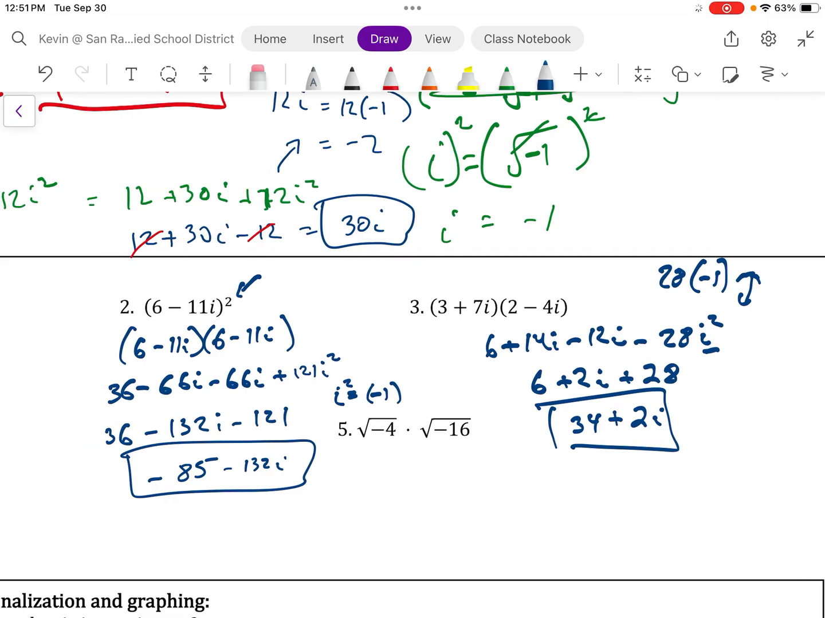Last problem here. We're going to write this out. This would be the square root of 4, the square root of 16, and the square root of negative 1. The square root of 4 is 2, and this would be i, and this would be 4, and this would be i. So this would be 8i squared, and that would be 8 times -1, -8, since i squared equals